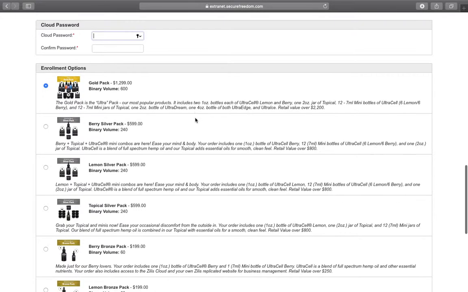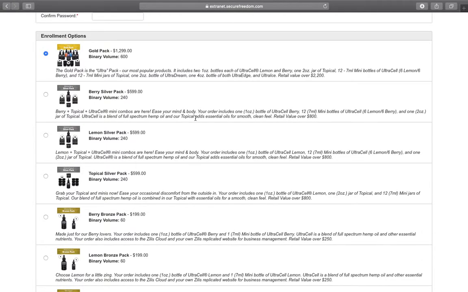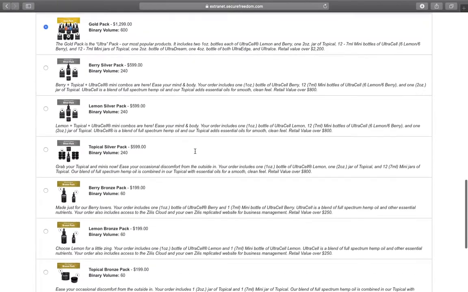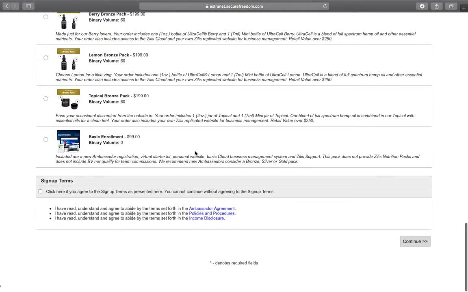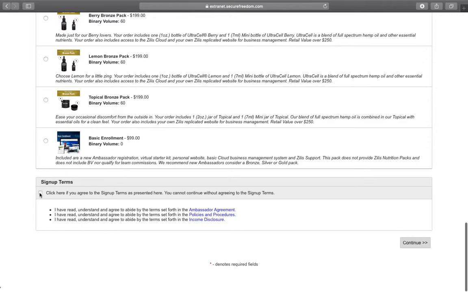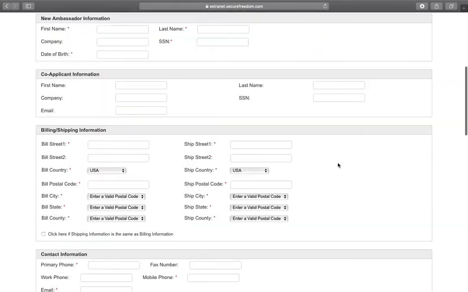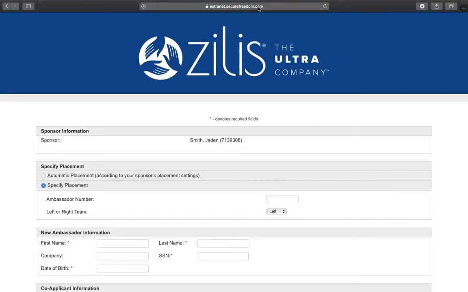And then down here is where they get to choose the gold, silver, or berry pack that they are signing up for. So just make sure that they select the one they want to do. And then click here if you agree to the sign up terms. Once you press continue, it'll take you to the payment page where you type in the credit card information, and once that processes, then you're good to go and they're signed up. So that's one way, is to type in your website at the top,